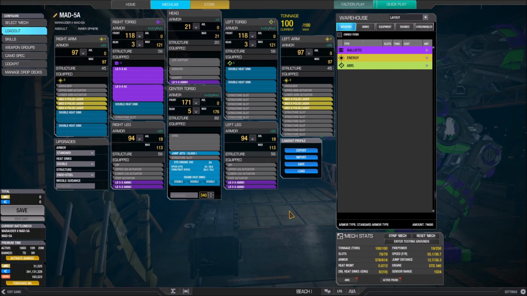Now, it took me a couple iterations to figure out something I really liked in this particular mech. And I tried something like 2 light Gauss and a bunch of medium pulse lasers. I tried the sort of meta build, which is the 2 LB10s and medium pulse lasers. And that's a really good build for kind of brawling. I ended up going with 2 LB5s and 6 medium X pulse lasers, which again is like, LB5s are